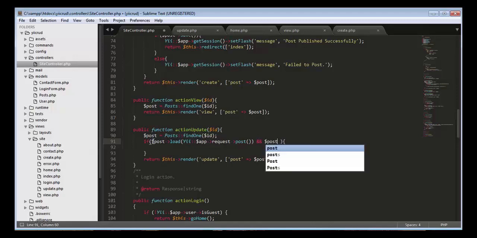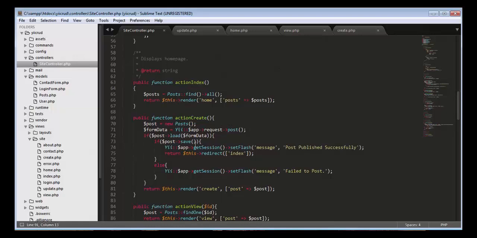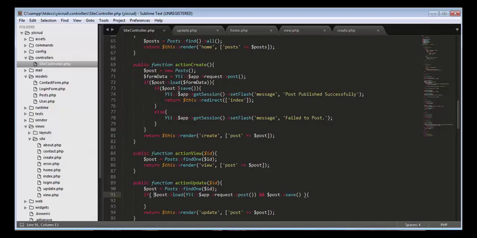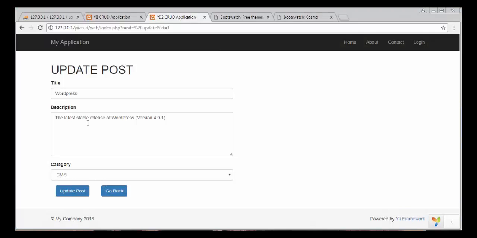Okay, so now here for updating we have written the entire statements inside a single statement. When we were saving the record, we had divided this entire statement into different steps. But here we have taken those different steps into one statement. So here we are loading the request, loading the data that is coming from the form, and checking if the data which the user is going to enter or update inside this form gets loaded successfully and the data gets saved successfully, then